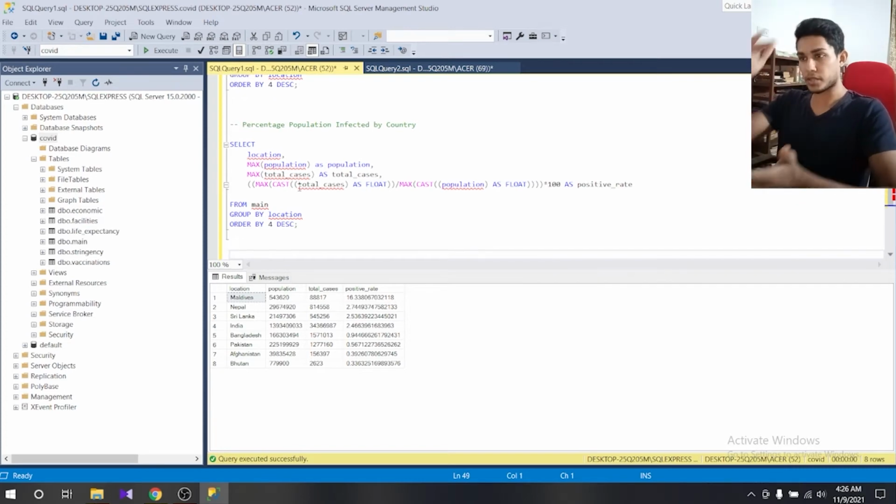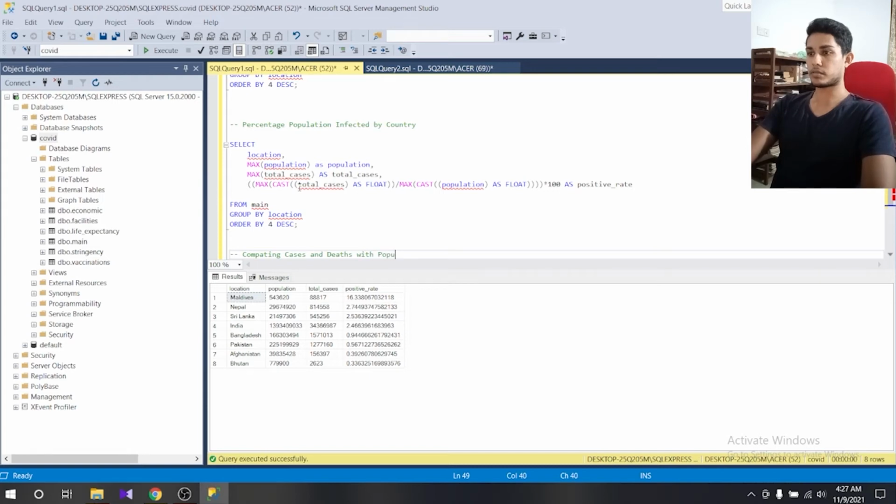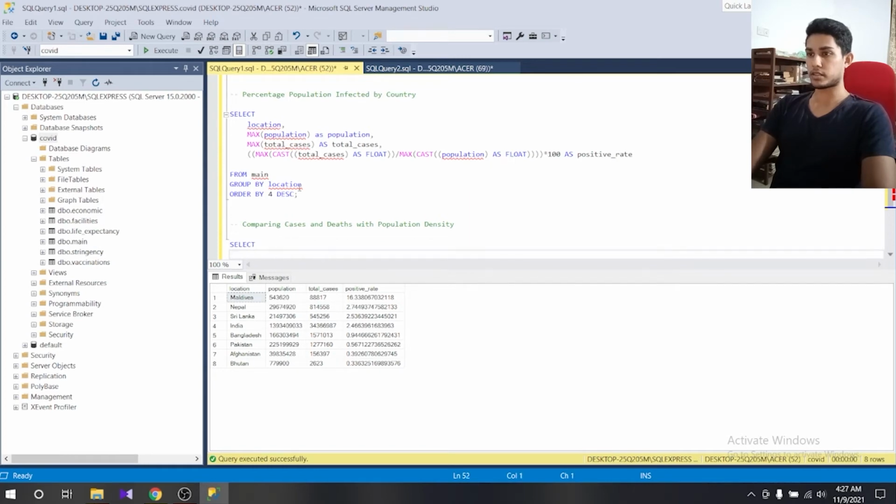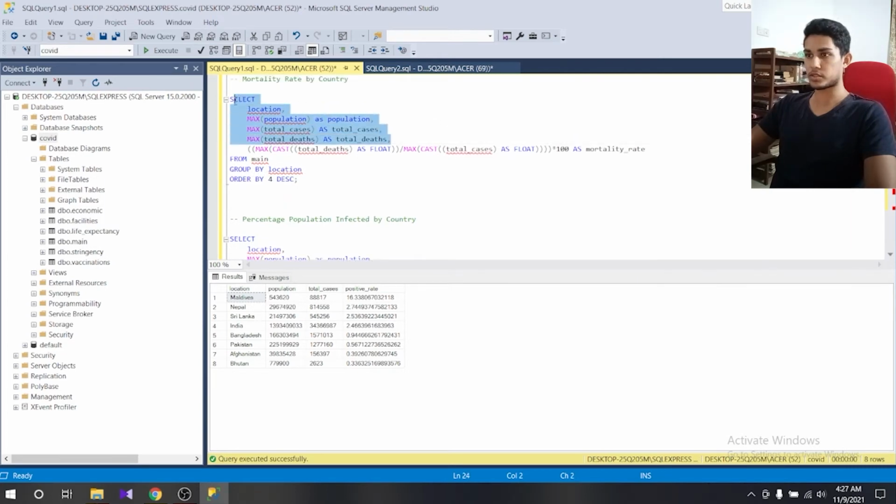So all we need to do is combine that column into the relative country. Take it, comparing cases and deaths with population density. Alright, so we will start with select everything, no, not everything, select. So we'll pretty much need these three. Now, so we'll pretty much need these